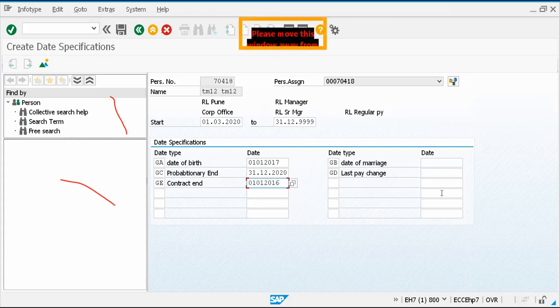All these dates you can maintain. Date of marriage, last change, whatever changes you can maintain. Additionally, I can also maintain additional dates. Why am I maintaining this? Because these are the important dates for the